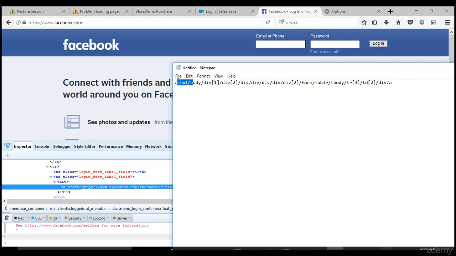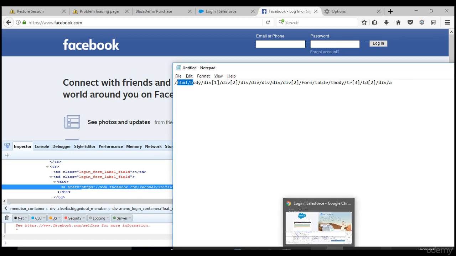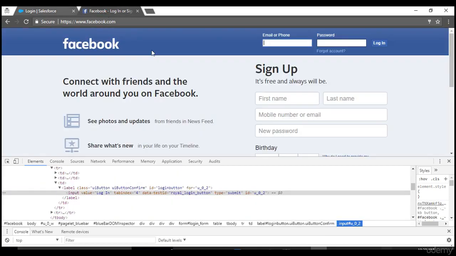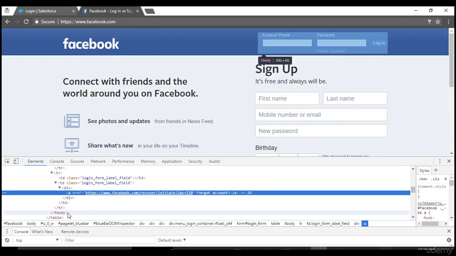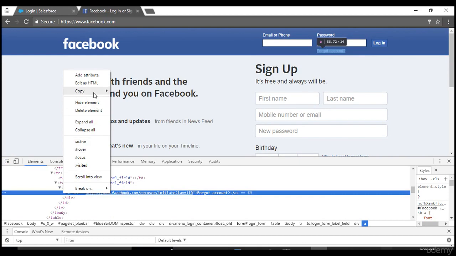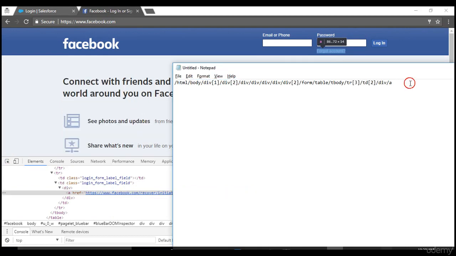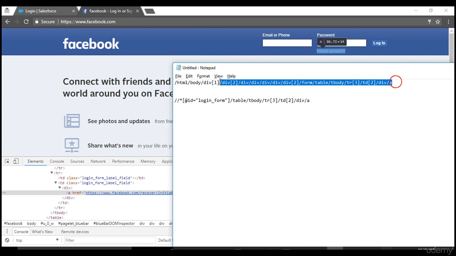In that case, I think Chrome gives you the correct XPath. Even this is correct but not at all reliable. So again, we are now in the Chrome browser, forgot account, and right click, copy XPath. You see that this is good. So this XPath is good. Whenever you see something from HTML, just ignore that. Firefox has this instability. If you see that, take the same object, spy in the Chrome browser and take the right XPath.